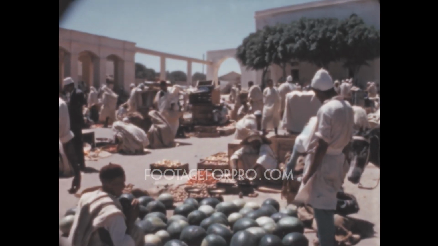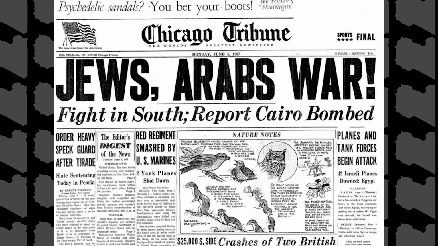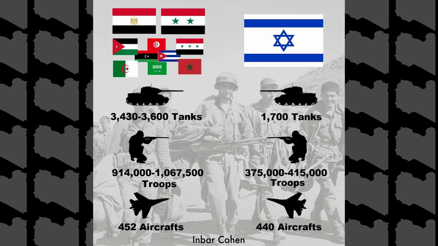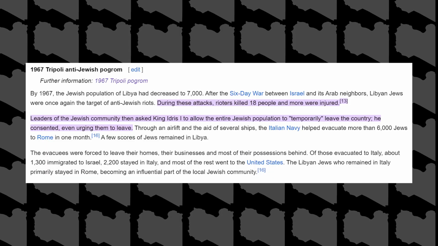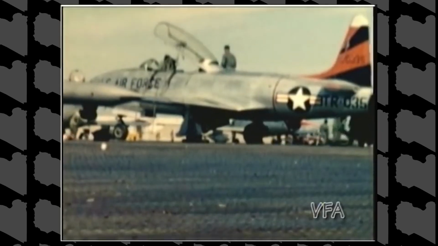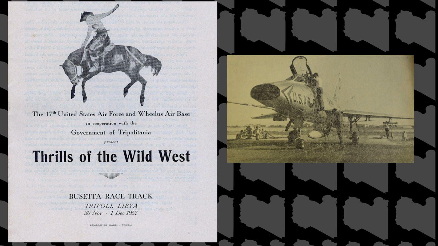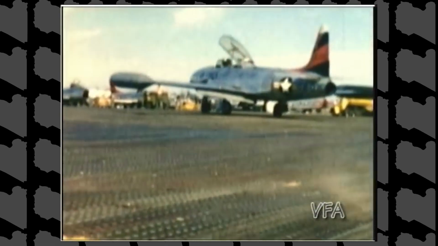In 1967, tensions reached the boiling point after people protested Libya's involvement in the Six-Day War, a conflict between Israel and various Arab states. Israel decisively won the war, and it led to Libyans protesting the close relationship between Libya and the United States, Israel's closest ally. The public didn't like how the United States had a military base either, believing that the government was complicit in the perpetuation of Israel and the Zionist project.